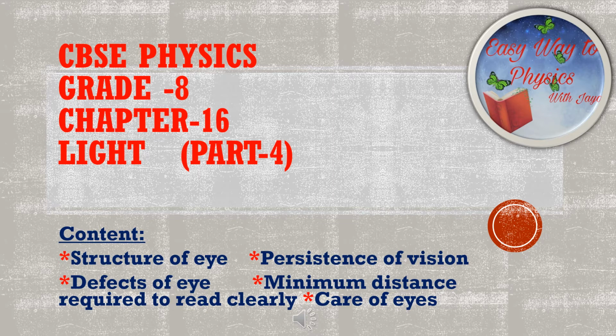Today we will discuss chapter 16, Light, part 4, that is the last part. In that we will discuss the structure of the eye, defects of the eye, persistence of vision, care of eyes, all those things. Did you go through the previous portions, that is reflection, laws of reflection, multiple reflection,